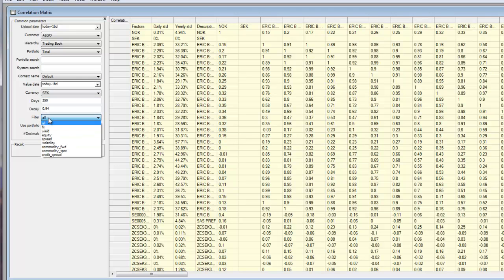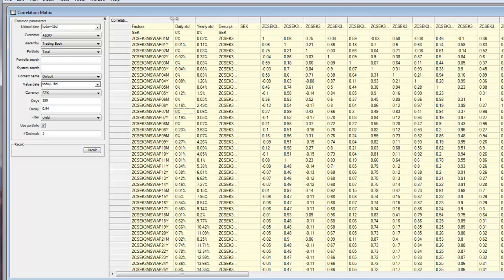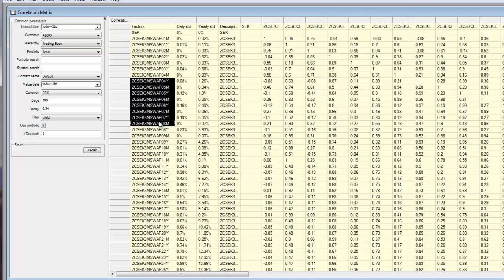And then filter, so we can see now all the yields that are active in our portfolio, and then we get a symmetrical correlation matrix with all risk factors versus all risk factors. And we can show all again, and